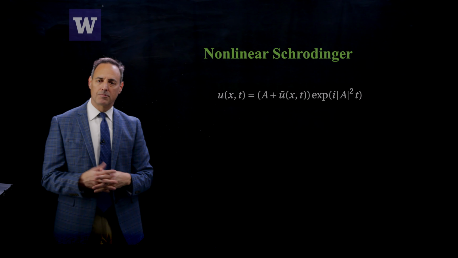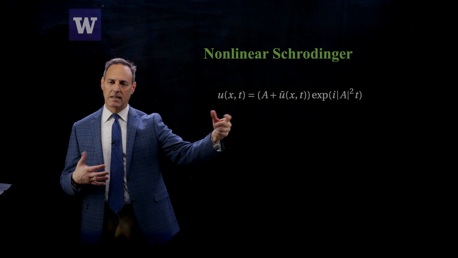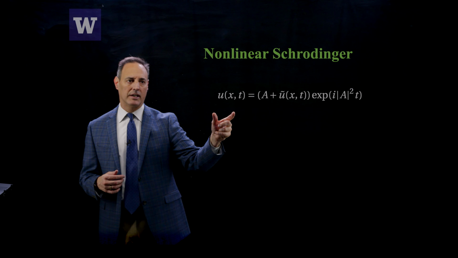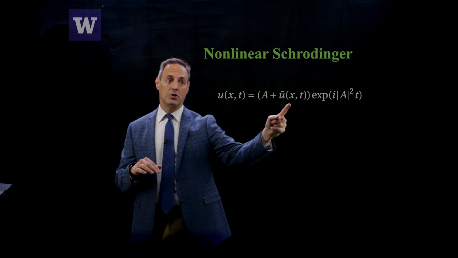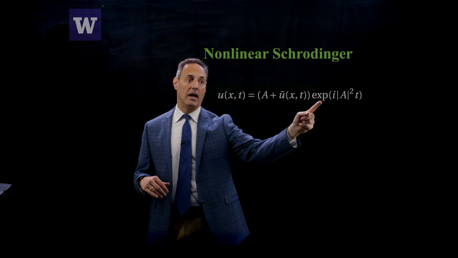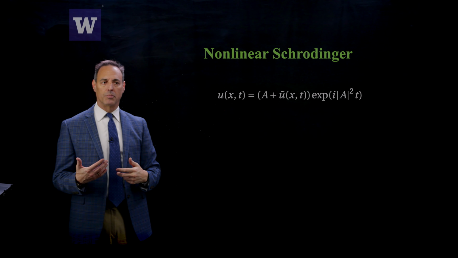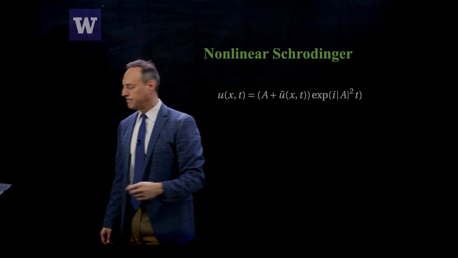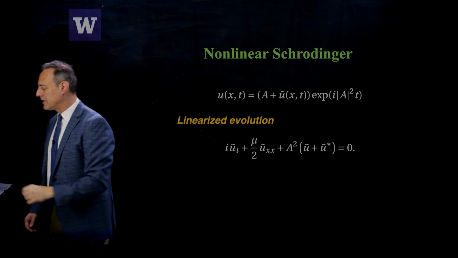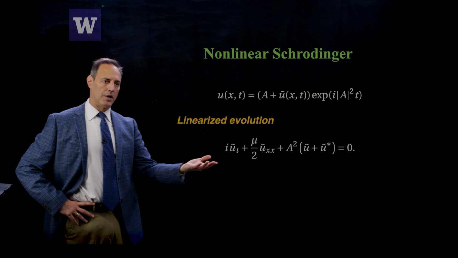So same thing as before, we can perturb around the plane wave. And the way I'm going to do it here is I'm going to factor out a common phase. So u of x,t is equal to the amplitude plus perturbations to the amplitude, all multiplied by e to the i mod A squared t. This just makes it simpler to do the algebra, to remove a common factor of this nonlinear phase. And when you do this, what you find for the linearized evolution is this governing equation here,